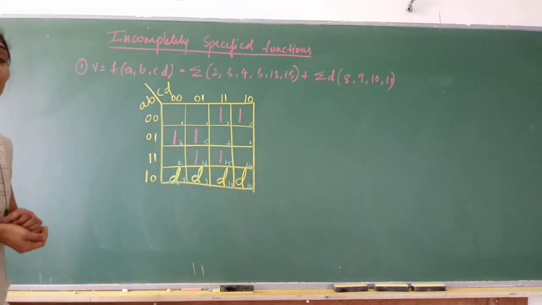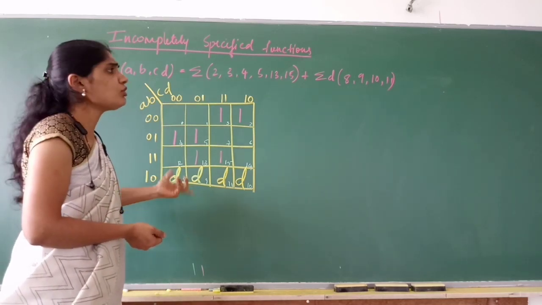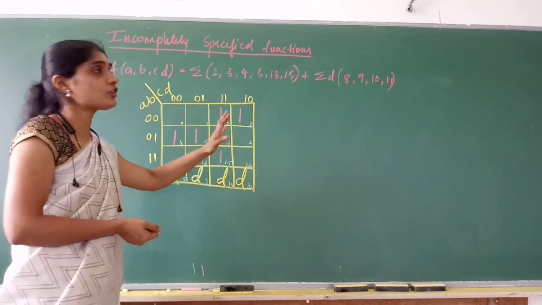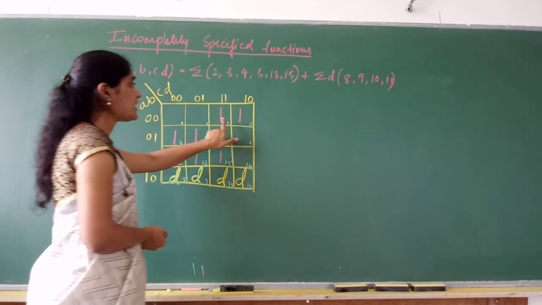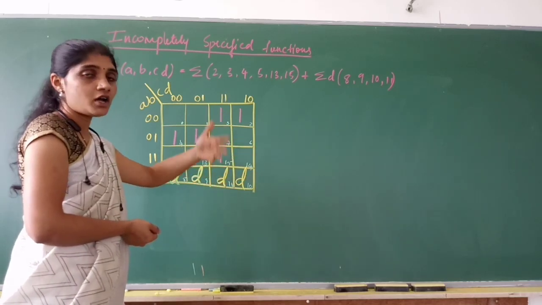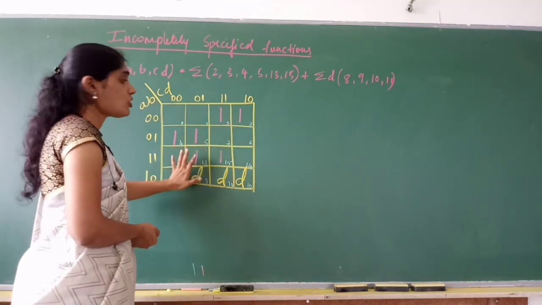So is it clear what, for a don't care term, we write in the K-map? We don't write 1 because we don't know the output is 1. If the min terms are given, we are sure that for these min terms the output is 1. That is why we write 1 in the K-map. If the max terms are given, the output is 0. That is why we were writing 0 in the K-map.